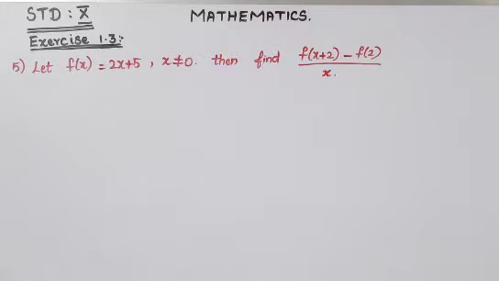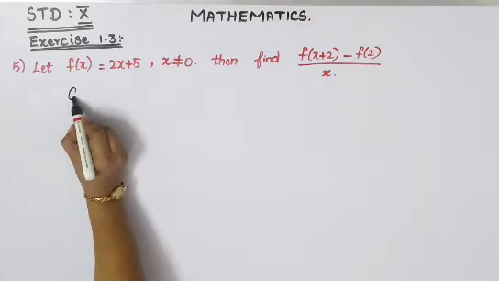Standard 10th Mathematics exercise 1.3, fifth question. Let f of x is equal to 2x plus 5 and x is not equal to 0, then find f of x plus 2 minus f of 2 divided by x. Okay, so given your condition, they are given